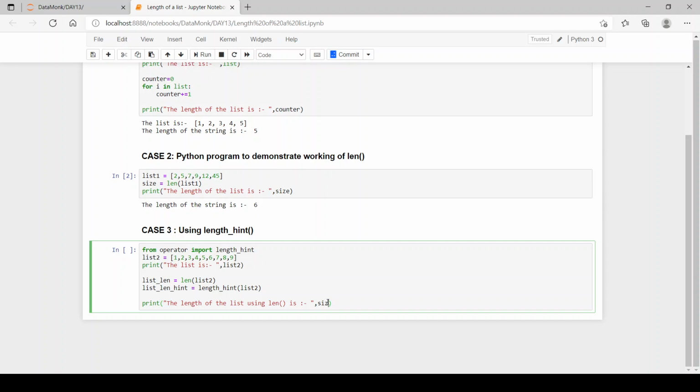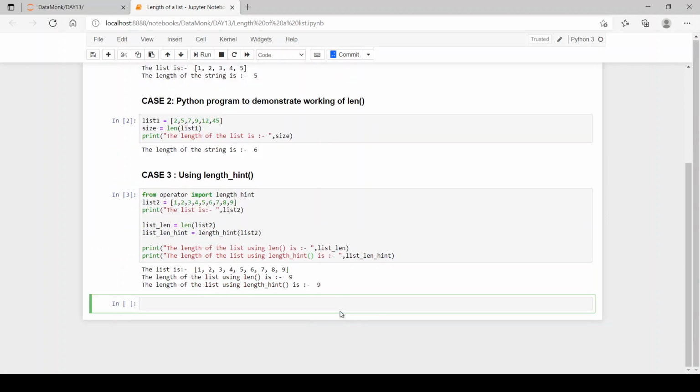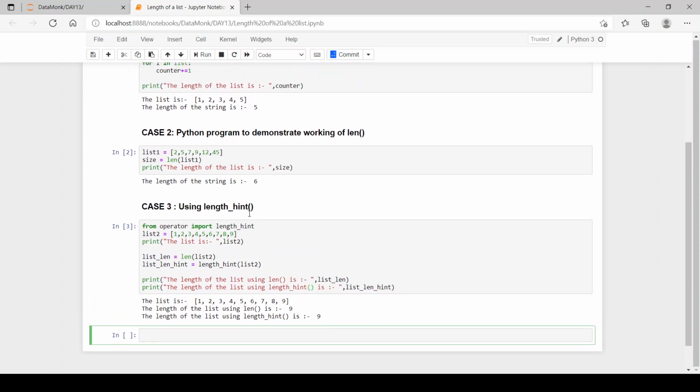Now just print out the list len, then just copy this, then paste it over here, list len hint. Now here we need to write length hint. Now as you can see, we have the same result, so we can use length hint also.